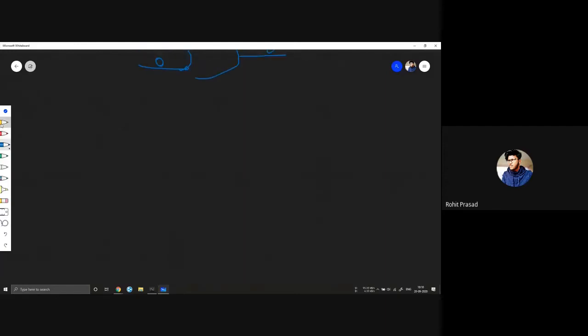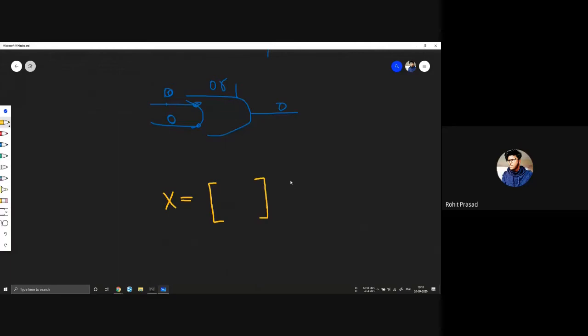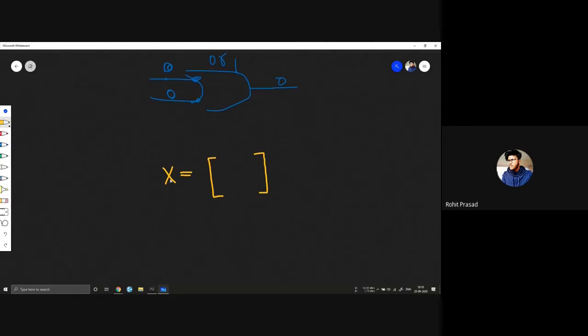Okay, so let's find the matrix of X. As I said, a transformation can have a matrix representation as well, because our states are being represented in matrix form. So just like a linear transformation, a unitary transformation can also have a matrix, right?